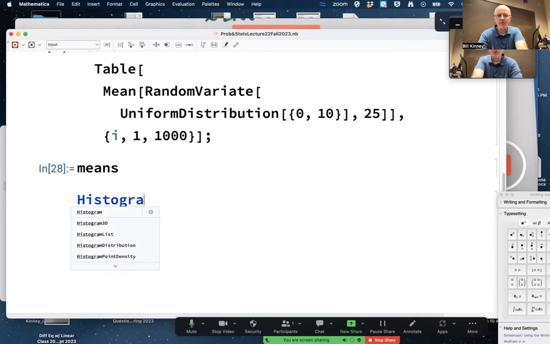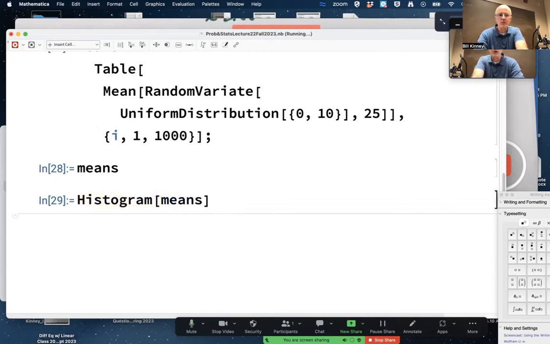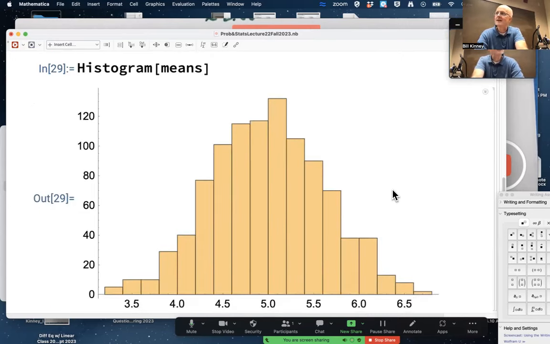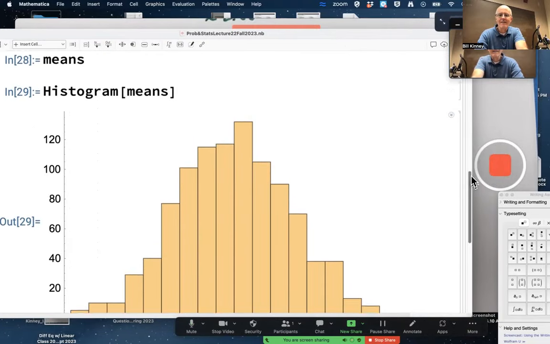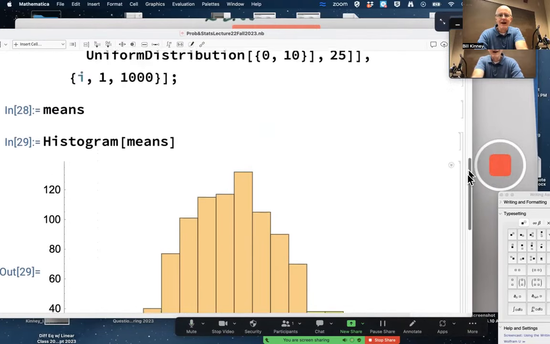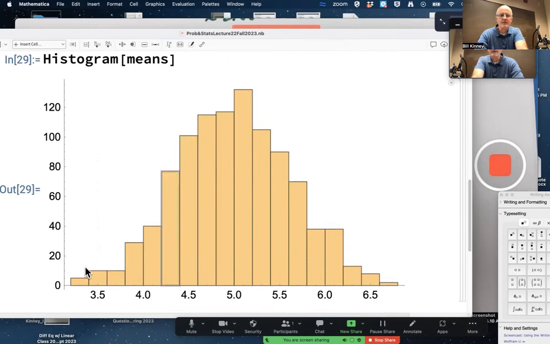Now the histogram hopefully looks pretty close to normal. Not too bad. Centered at 5. Imagine superimposing a normal curve on this. Are the inflection points at about 4.4 and 5.6? Yeah, it doesn't seem too bad. Right around there for one inflection point, and right around here for the other inflection point. Seems pretty good.